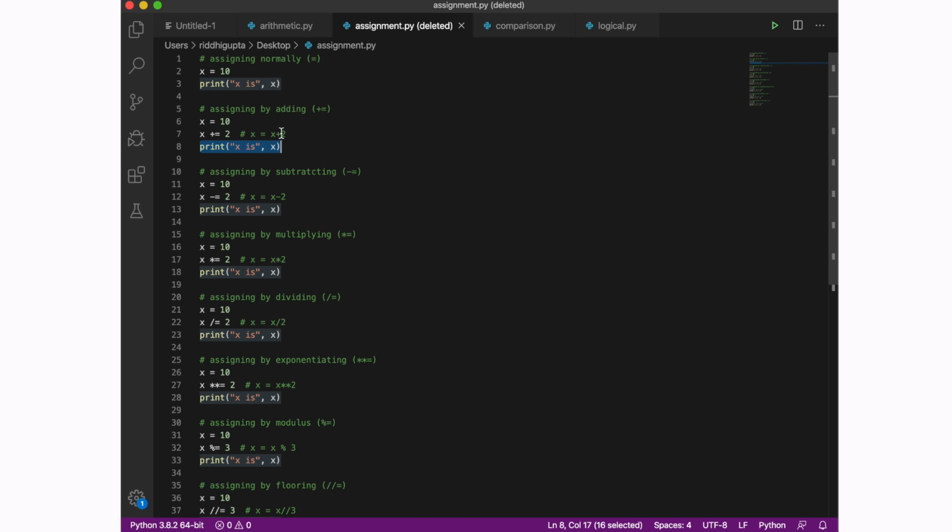Now the reason that we don't say x equals x plus 2, and the reason that we use this plus equals operator, is because it's more efficient coding and it takes away the chances of errors arising, because you might accidentally use another variable here instead of x, not knowingly. So this is why we use plus equals 2 rather than x equals x plus 2. So moving on,